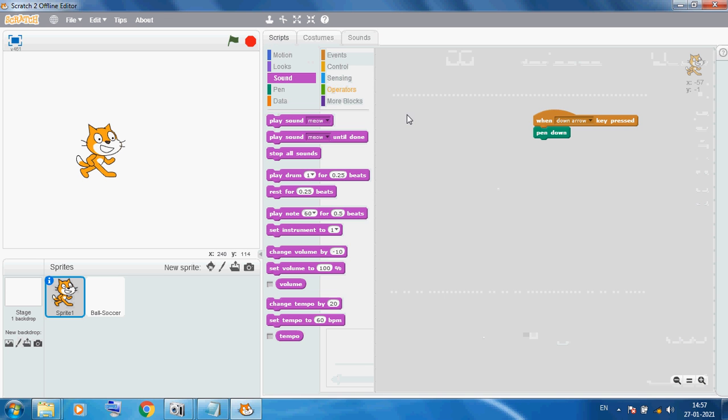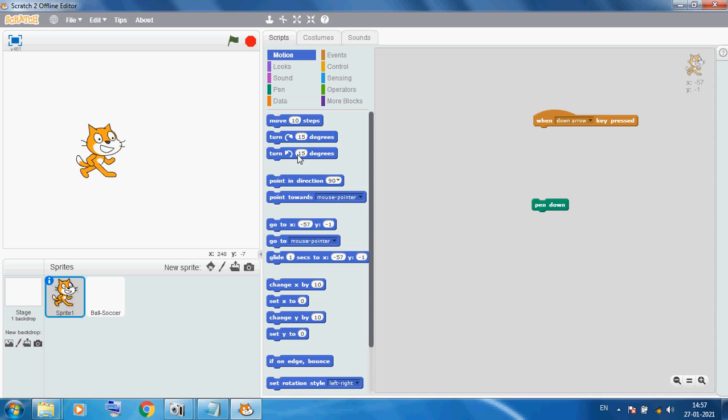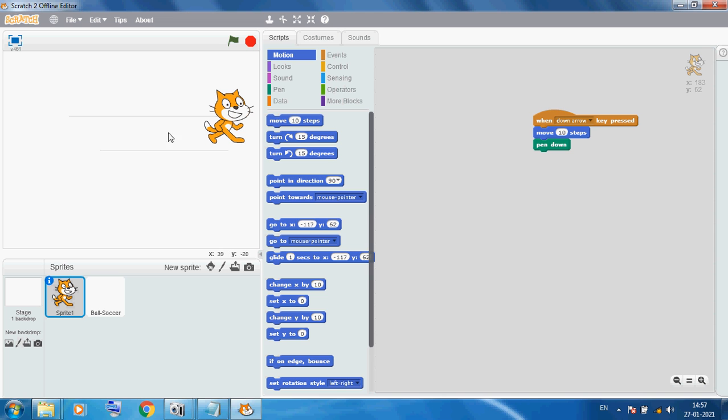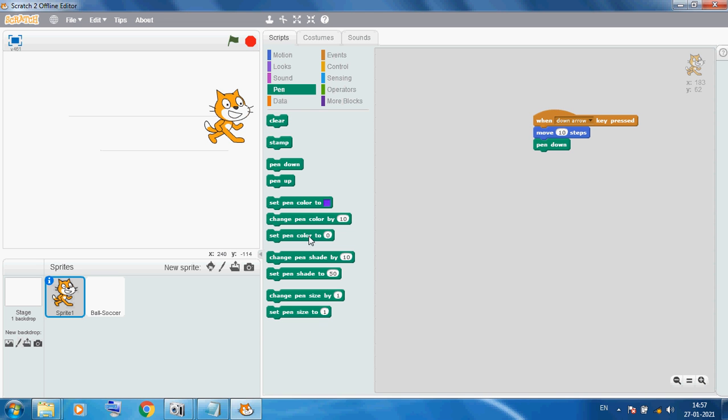Here I again click the object, and here we can use motion and move 10 steps. Then we connect this. When you press the down arrow key, it will write a line with pen down. Again you can see it will write a line. With pen block, when you set the pen color, we use pen down and the color can change.